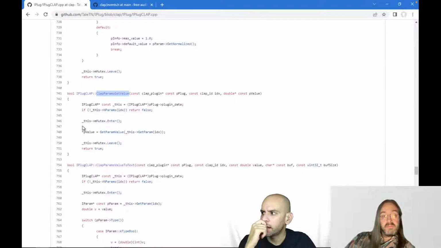No, I see that. So what you're saying is that the audio thread is going to try to get the value of a parameter and it may be locked? Well, I hope not, because then the audio thread has to wait. So that's why you have to make sure that it's a really short time that it's locked.